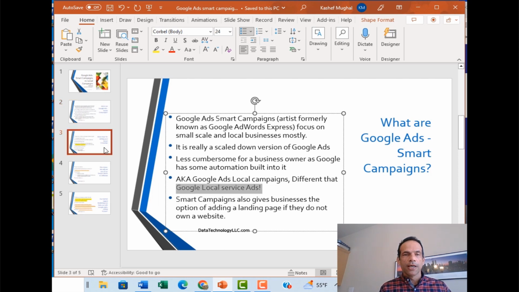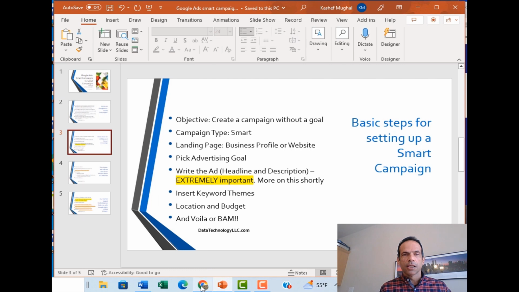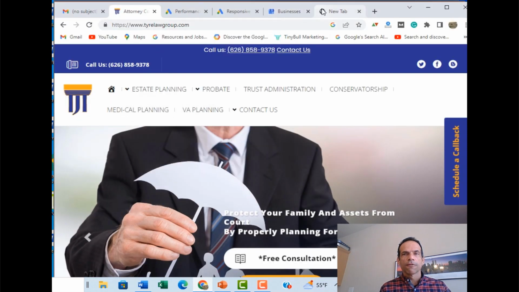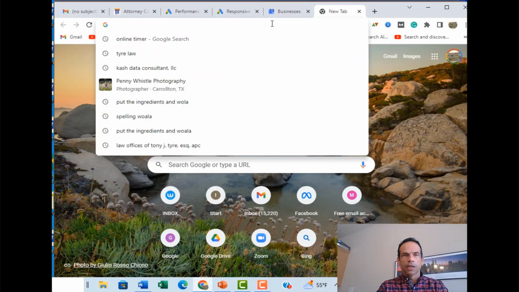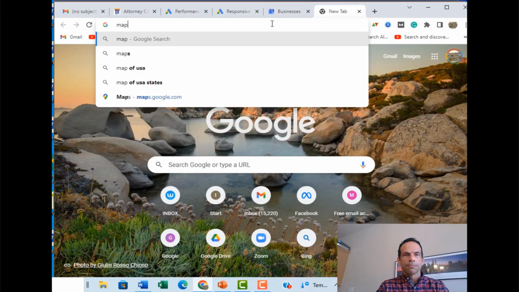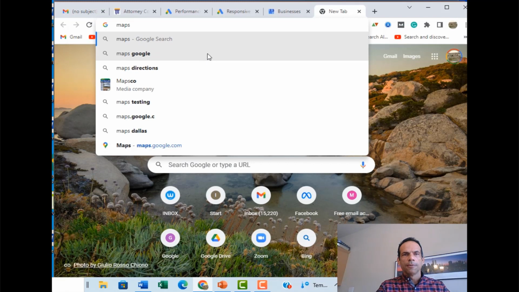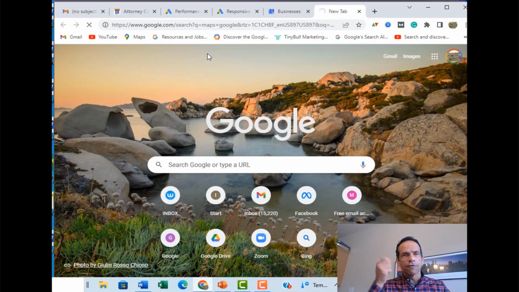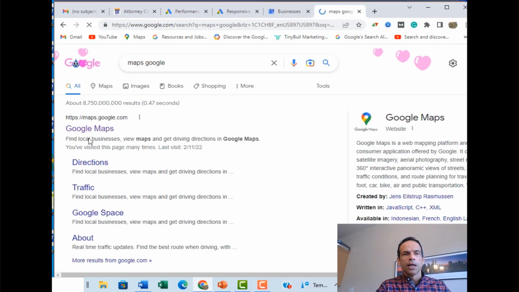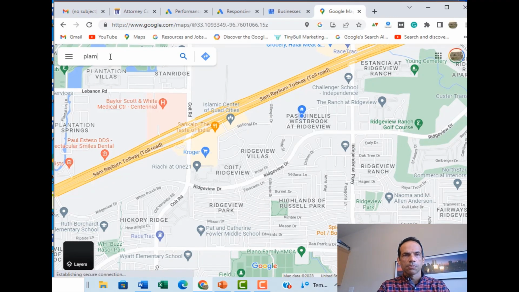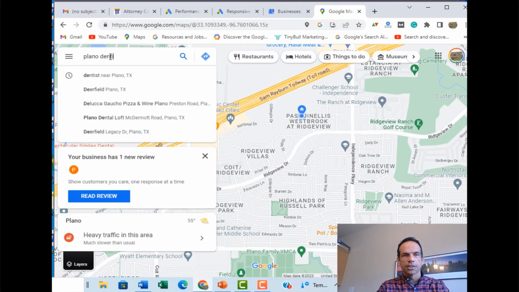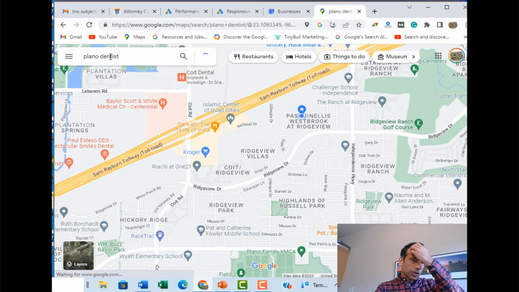So before I jump into the details, let me show you what this looks like. Let's go to maps.google.com. And this is the same thing on your phone. If you're using a phone, you go to maps and then search for something. So what am I looking for today? I'm sitting in Plano, which is north of Dallas, so I'll search for Plano dentist near me. So when I do that,